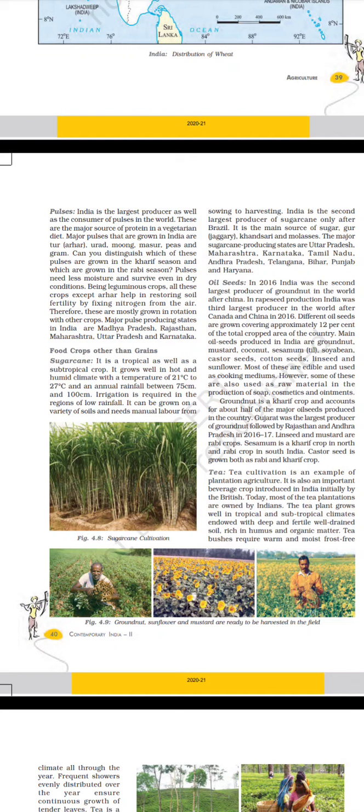Tea. Tea cultivation is an example of plantation agriculture. It is also an important beverage crop introduced in India entirely by the British. Today, most of the tea plantations are owned by Indians. The tea plant grows well in tropical and subtropical climates, endowed with deep and fertile, well drained soil rich in humus and organic matter. Tea bushes require warm and